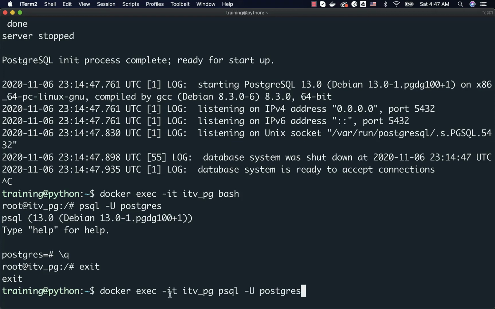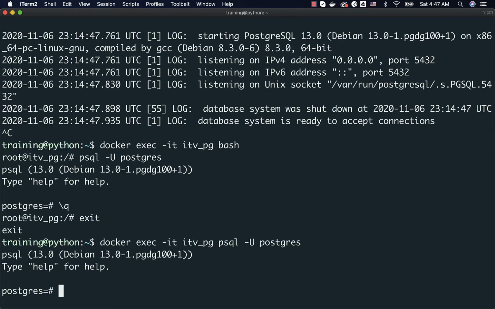Docker exec -it. Exec is again a container command. You can also say docker container exec -it for interactive and TTY. TTY is supposed to be specified to connect to any CLI. That's why we are using T here. Then the container name, then the command which you want to run. In this case, I'm trying to run psql -U postgres. This will let us connect to Postgres in the container directly without getting into the OS level in the container. Instead of connecting to the OS level, we are directly connecting to the database in this case.